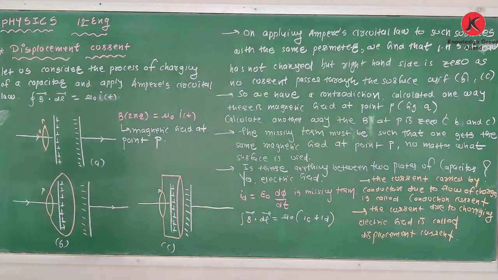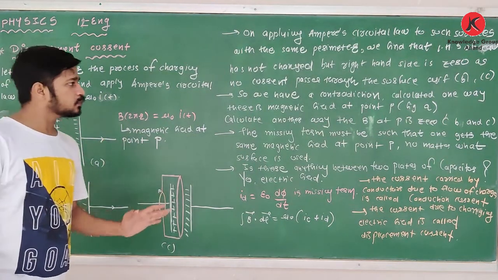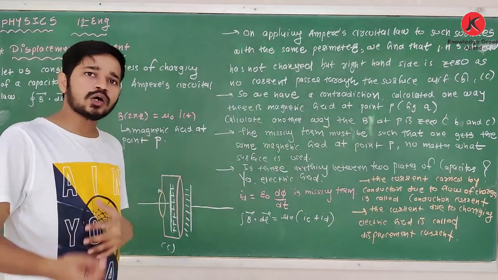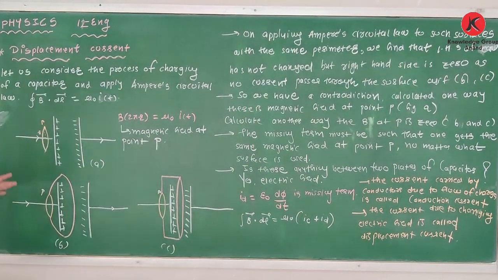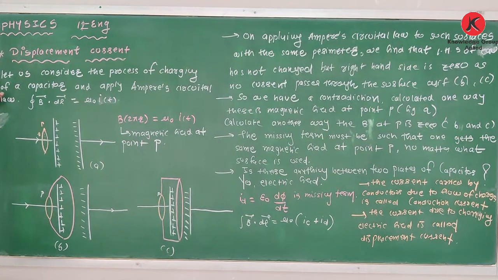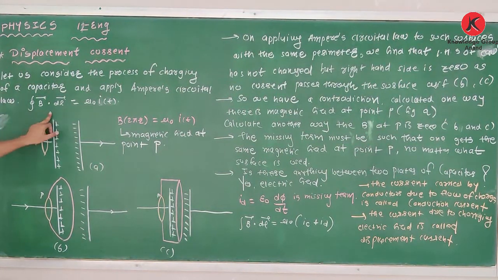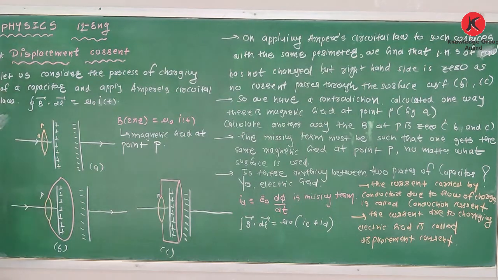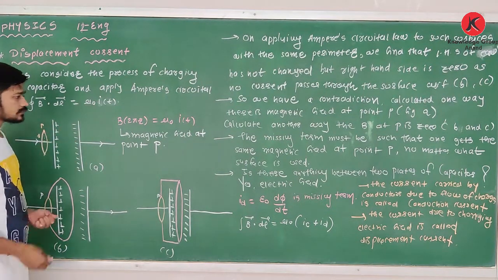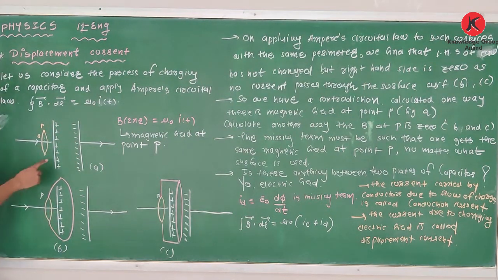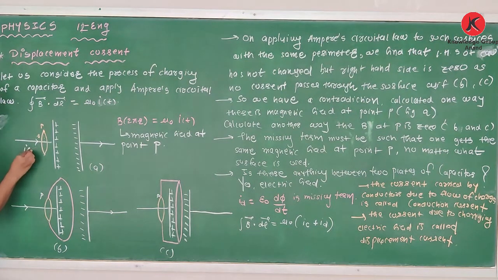See, what is the experiment? Again, displacement current is according to the new textbook, and what is the reason? How did he make the relation? See, let us consider the process of charging of a capacitor and apply Ampere circuital law. Integration B dot dl is equal to mu 0 sigma I, or we can say it is I. See here, it is a parallel plate capacitor with a medium between the two plates. The current flowing is IC.